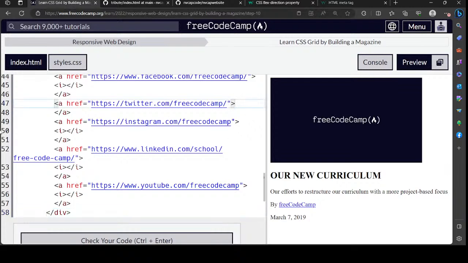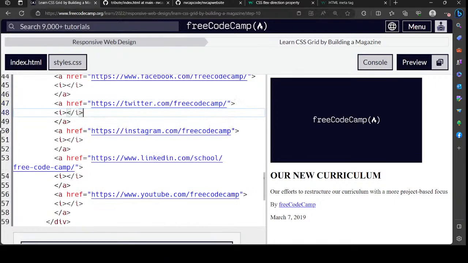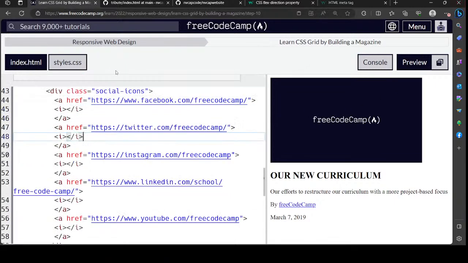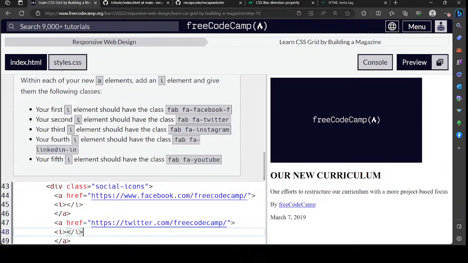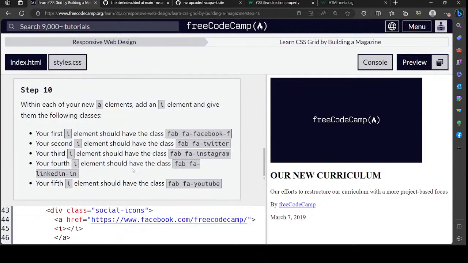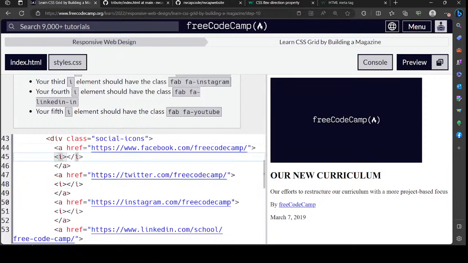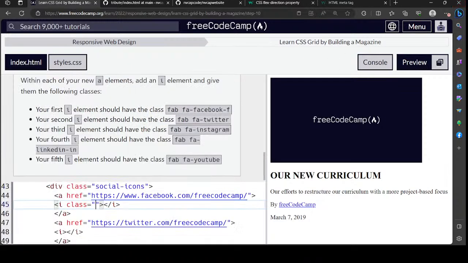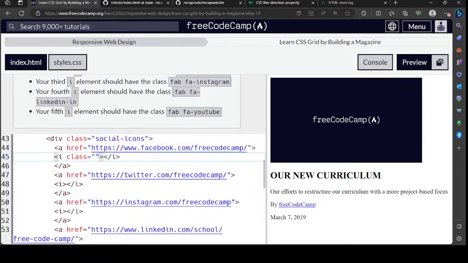Oh, there's one missed right here. These are going to be the class names for them. Okay, so class equals the first one. It's going to be this. So it's going to be like